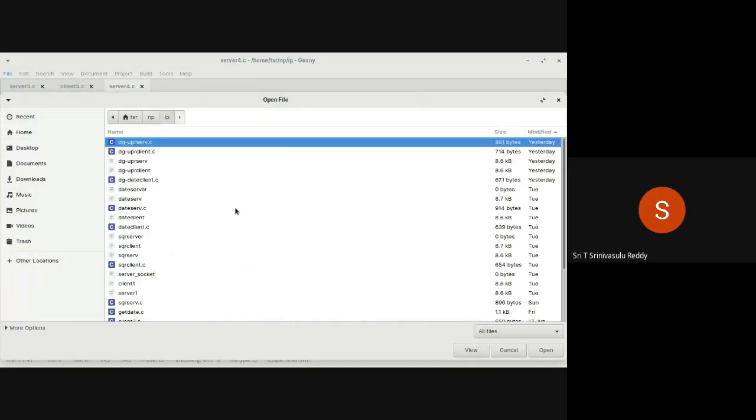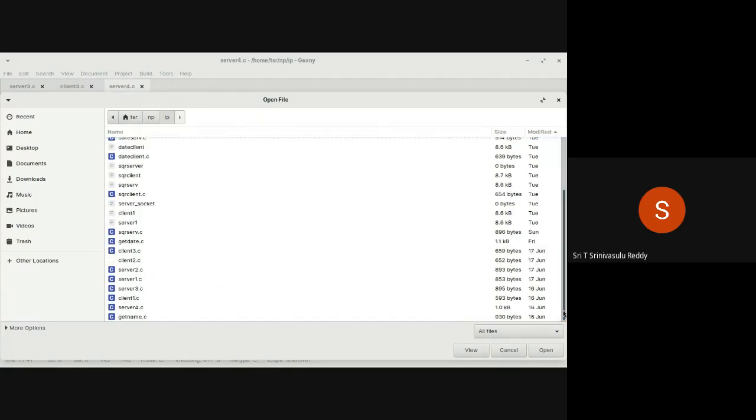And then client 4. Client 4 may not be required because it's the same client that's going to work. Most likely client 2 with that particular thing. 2 is there. 3 also is there. So we will use 3 here as a part. 3 is already there. Okay. No issue. So this is not required then. We can cancel it.